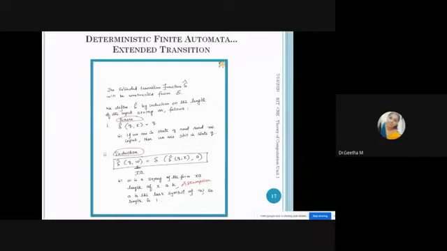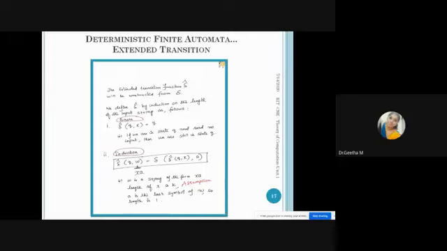Likewise, you split your W. The length of X is k. Up to k, you assume that the given statement is true. Then you want to find k plus 1. How will you get k plus 1? By adding one more character, and that one more character is given by this A. So you get k plus 1 length here.